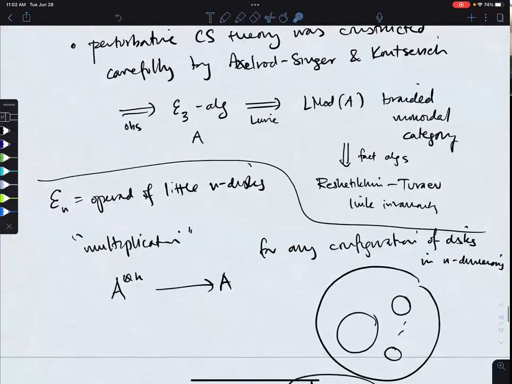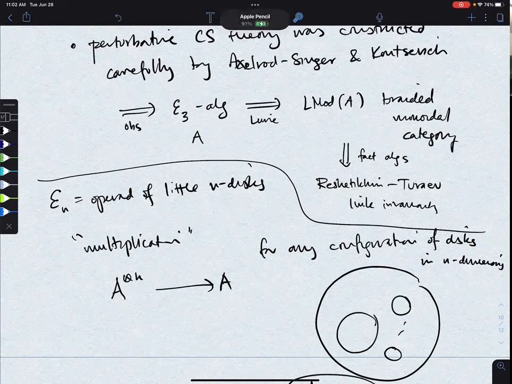So there's this pipeline that starts with Chern-Simons theory as constructed by Axelrod, Singer, and Kontsevich. You use our technology to get an E_3 algebra. You apply some general machinery to get a braided monoidal category, because it always works for E_3 algebras. And then you can use that data to get the link invariants. So there's this rigorous pipeline that goes from Chern-Simons theory to Reshetikhin-Turaev link invariants, which sort of explains where they're coming from. And this factorization technology plays a crucial role in that